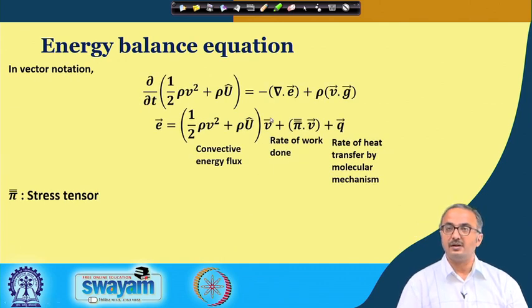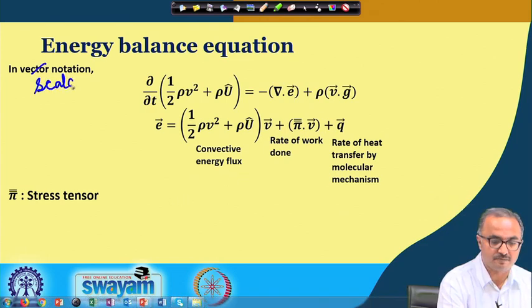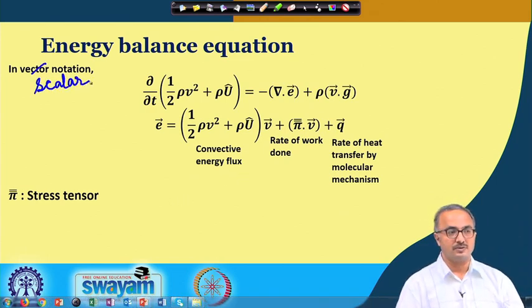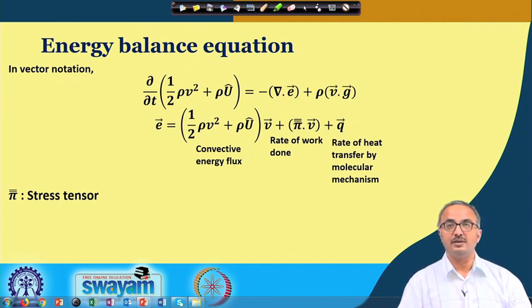So, after doing that, if you write that equation in the vectorial notation, you will find that you have this kind of equation, this scalar equation. Okay, this is a scalar equation, but in a vectorial notation. Vector notation means we are using the operator like nabla here. So, in the vector notation, the equations which we have just shown can be written in this form.